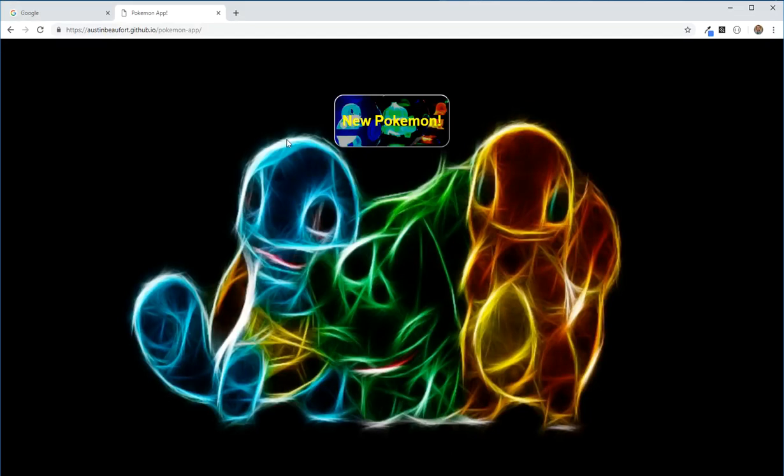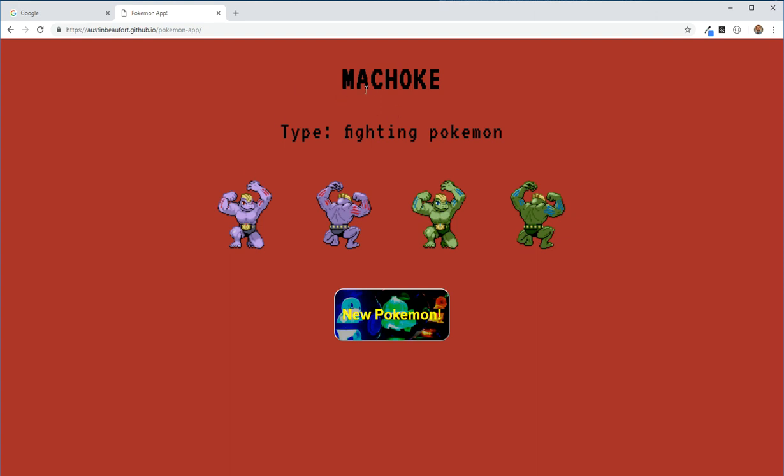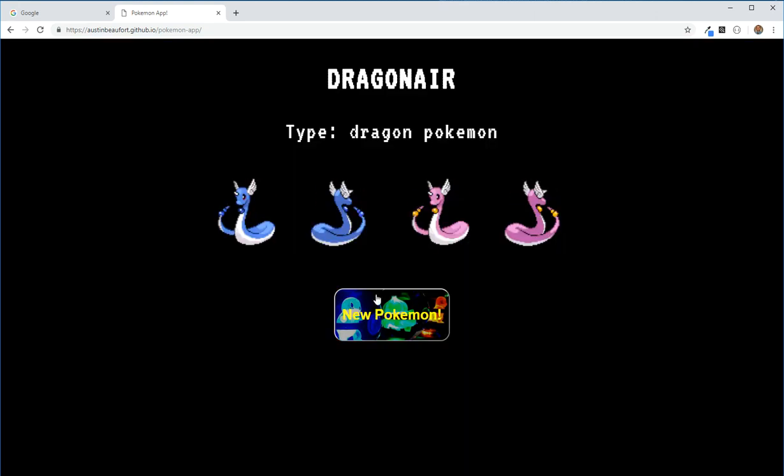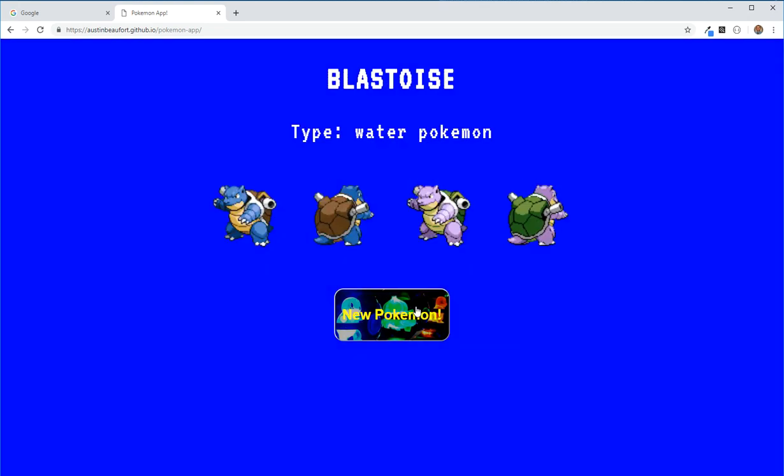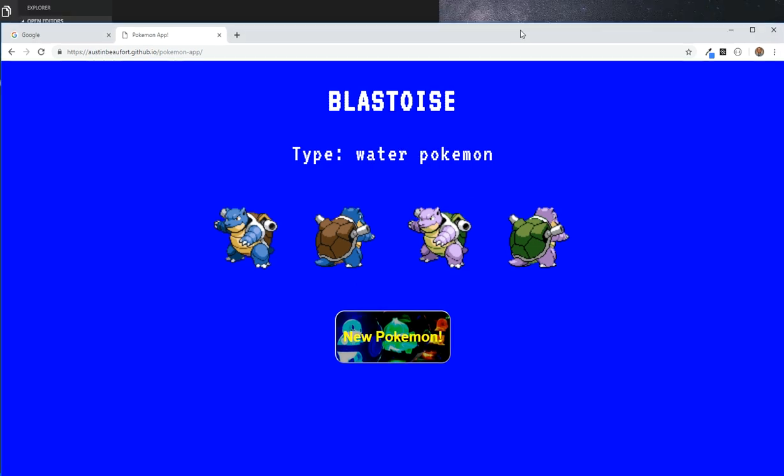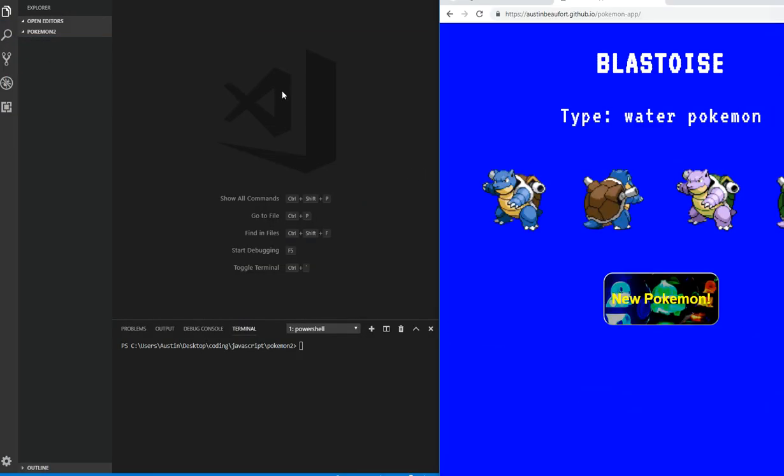Hey everybody, today we're going to be creating this Pokemon app from scratch. Whenever you click new Pokemon, it gives a first generation Pokemon with its name, type, and pictures. So let's get started. You're going to need your favorite text editor, and go ahead and create yourself a new